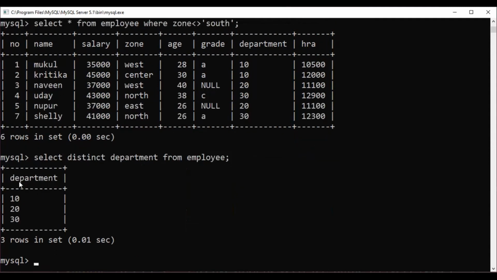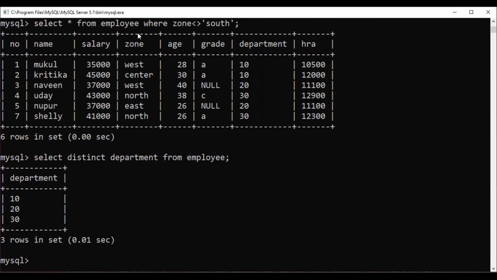So what you can see, these are the distinct departments 10, 20, 30. Even though it is repeated many times, distinct will eliminate the duplicate data and only one time will be displayed. So what is the need for the distinct keyword? It will eliminate the duplicate data and it will only display the unique data.